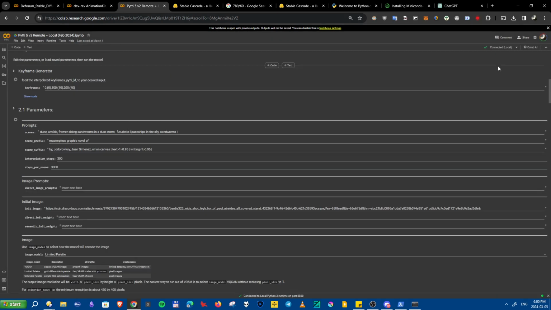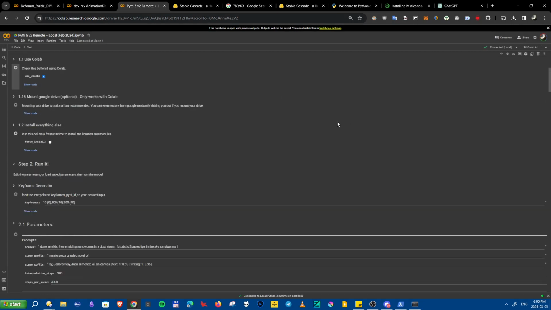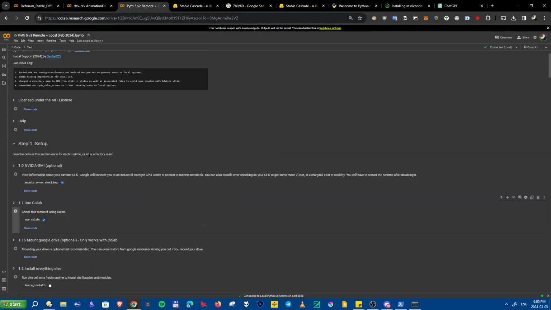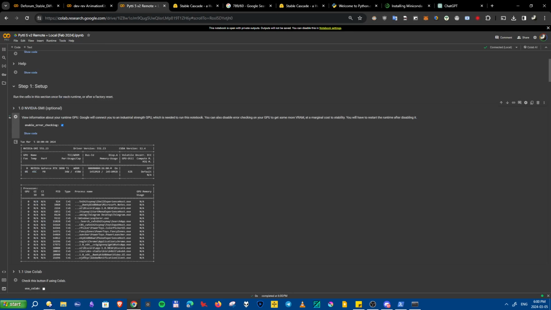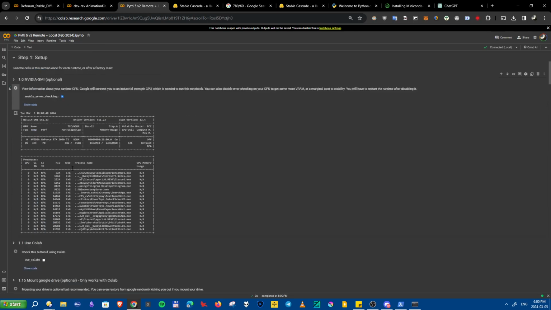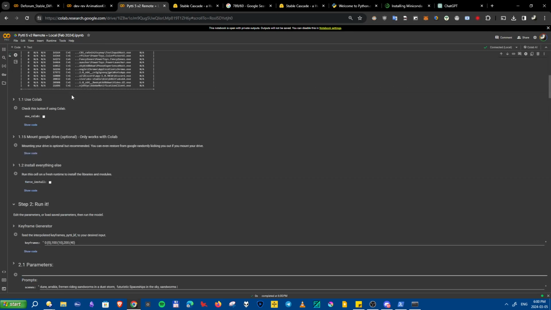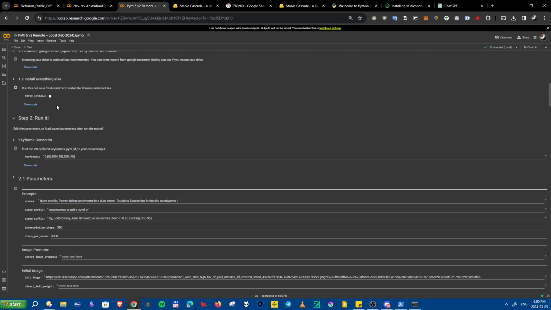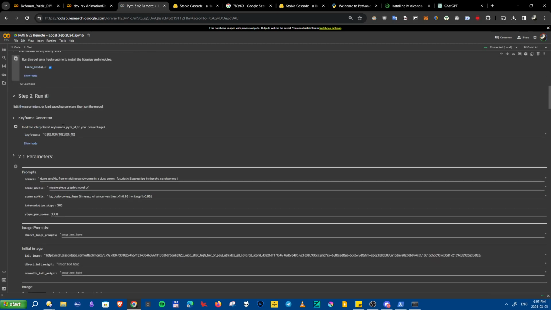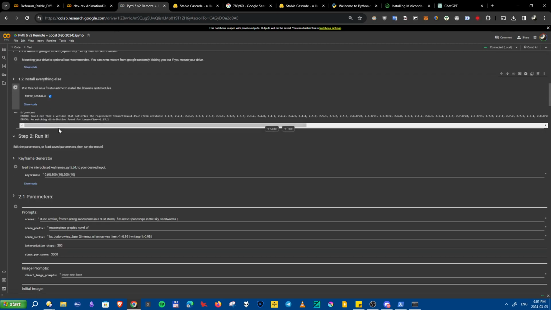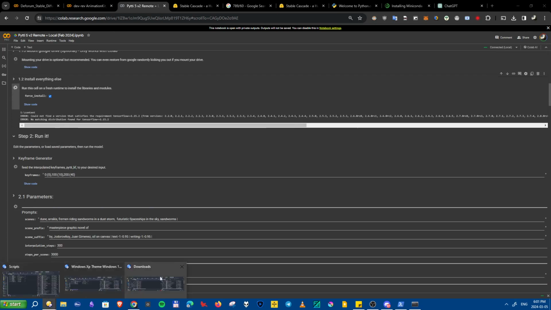And then your Jupyter notebook is going to connect to your own PC, and it's going to use your local resources. So since we're doing locally, we're not going to use Colab, we're not going to mount the drive. Let's check the NVIDIA SMI. So 14 gigabytes of my GPU is gone for some reason. And then we do a install. Basically everything would be the same as you would do remotely, except it's all going to run